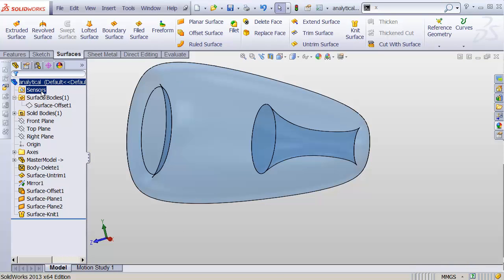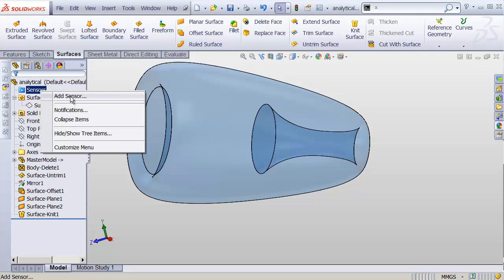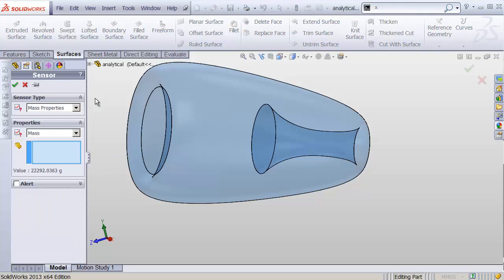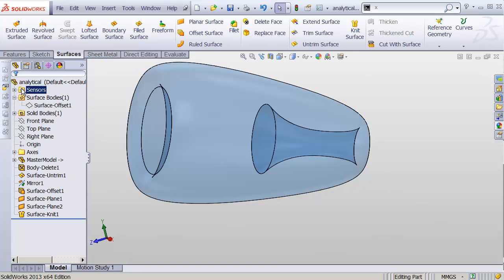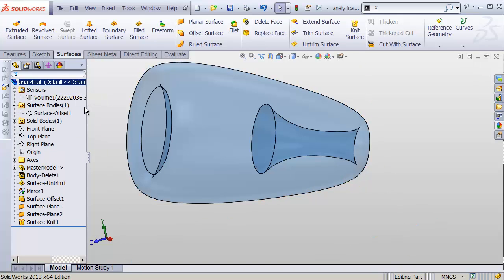And once Sensors are shown, you can right-click and Add Sensor. Now, the sensor type is Mass Properties. And under Properties, instead of Mass, let's choose Volume. And what do we want to measure? We'll just click on this guy, hit OK, and it's going to give us a volume now that is measured,